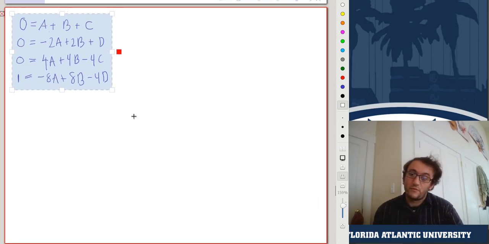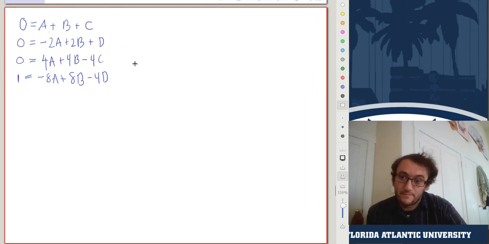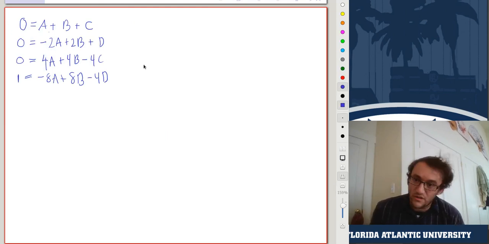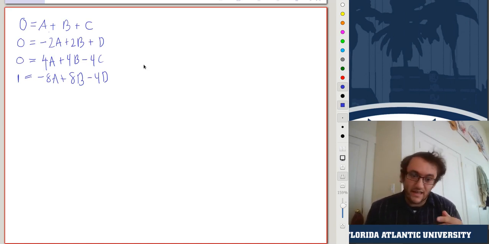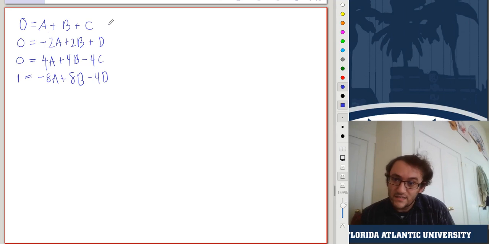Okay, so we have a system of equations here. And we can use various approaches to solve it. The way that I usually like to do these is by noting common patterns in the equations, seeing if I can cancel things out. So if I take these two,